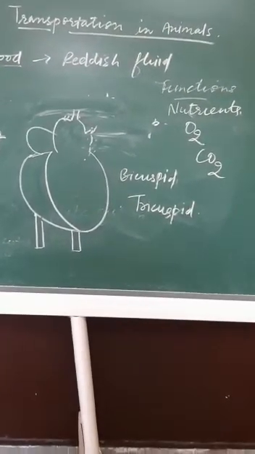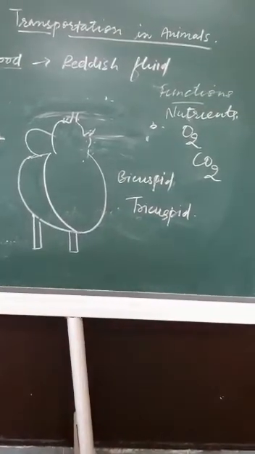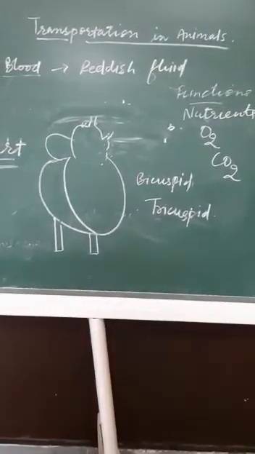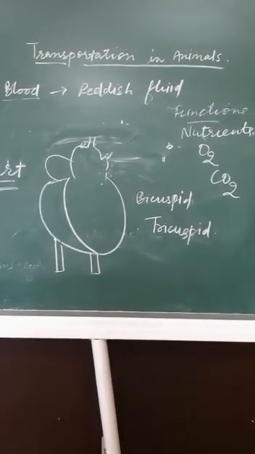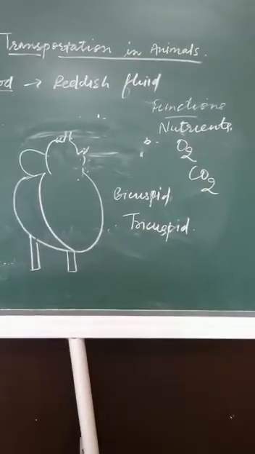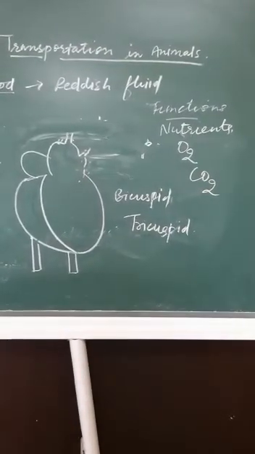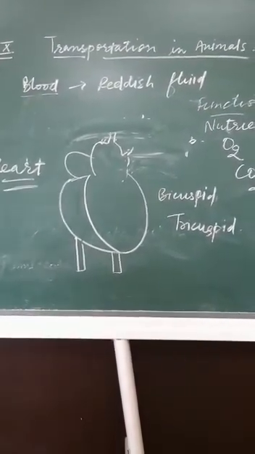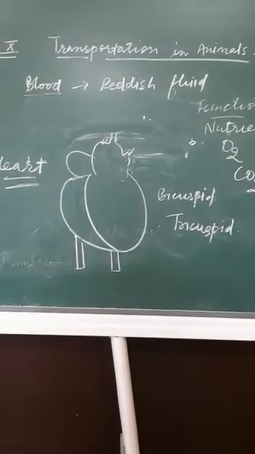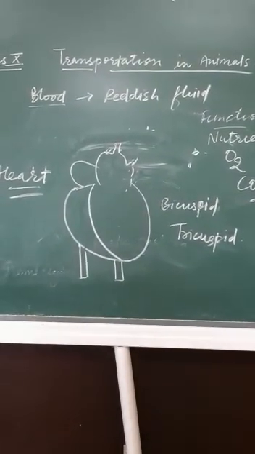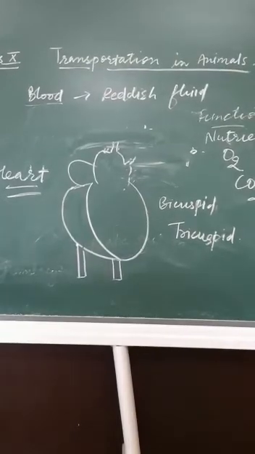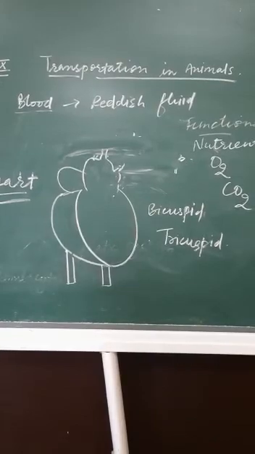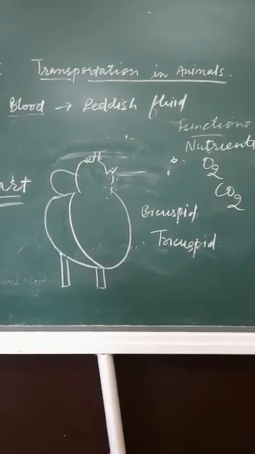So there is also a difference between the arteries and the veins. How does the oxygenated blood, meaning blood rich in oxygen, go inside the body, and how does the deoxygenated blood, which is rich in carbon dioxide, come out of the body? So that also we will do in the Zoom class because it is a very detailed structure and we will not do it here. Why do we call it double circulation? What is systolic pressure? What is diastolic pressure? These are all important topics. Firstly, I think you must revise all these topics so that you can do them in the Zoom class and ask your queries. So please do it.